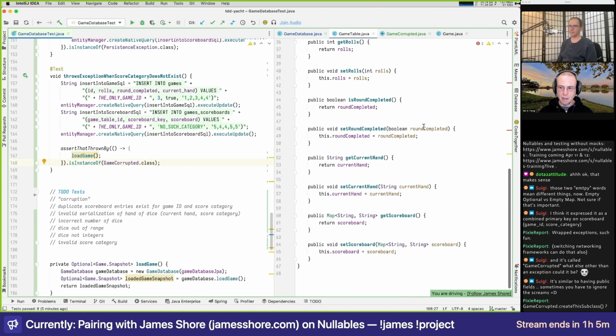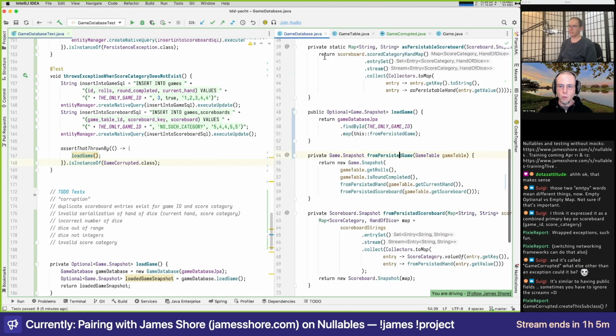When it comes from persistent hand, I think it will definitely blow up when the enum hits, but whether or not Hibernate will catch that before the enum hits, or whether it's just going to be the enum creation that fails right here when it tries to reconstitute the enum. So it'll be whatever Java's valueOf does.